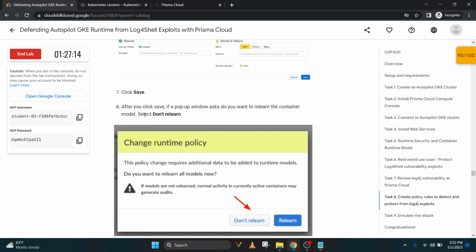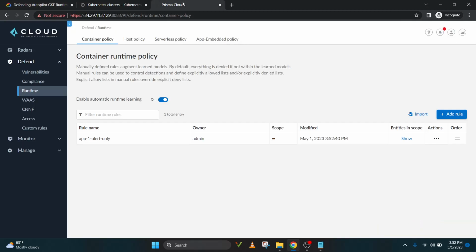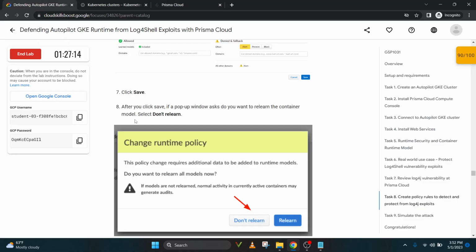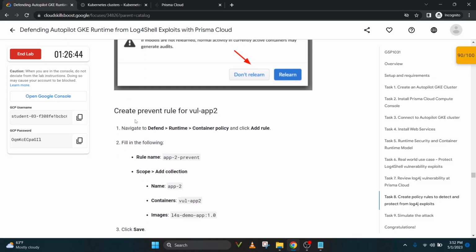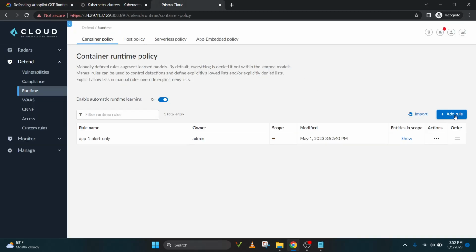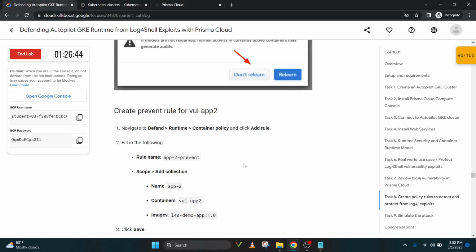So select don't reload. But it doesn't ask me. So that's not the problem. Now create a prevent rule for F2 again, runtime create policy. Again, just click this create policy rule and fill the following